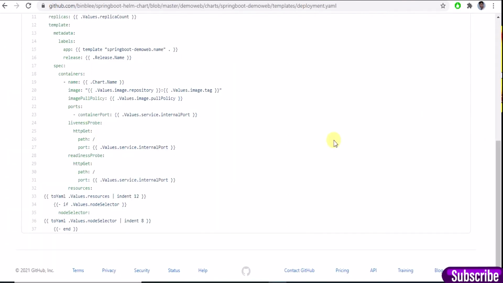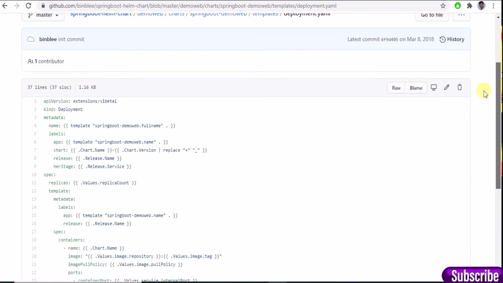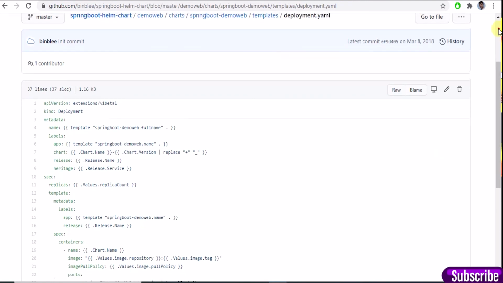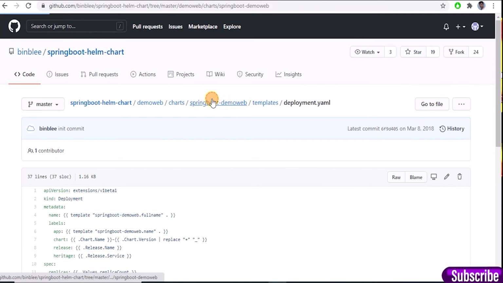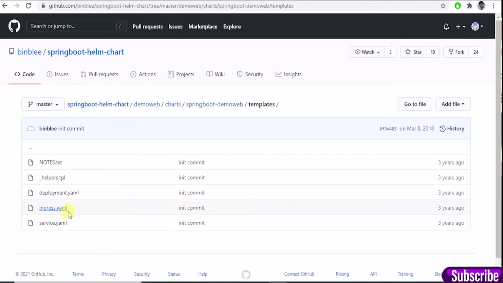Now we'll see a sample example of Helm. Let's see here. I'm using one of the Git repos where it is hosted. Here we can see in the Helm chart we have charts.yml, values.yml, and inside it we have templates, which we have seen.